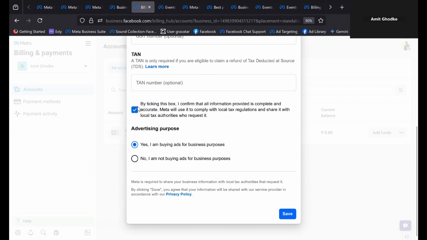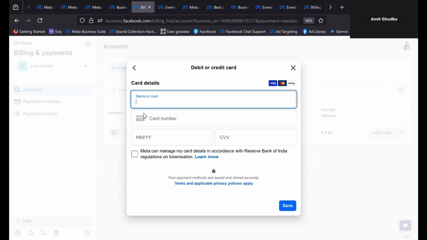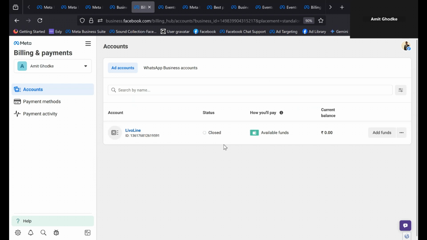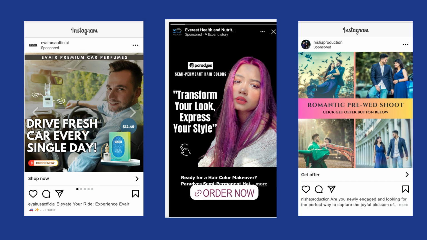Then click this confirmation box for the advertising purpose. So select this option: yes, I'm buying ads for my business purpose. So enter your credit card details over here again and click save. Once the payment is approved by the credit or debit card issuer, you will start seeing the balance over here. Now we can use this money to start our paid ad campaign, and how to run a lead ad campaign or sales ad campaign inside Meta Ads Manager,